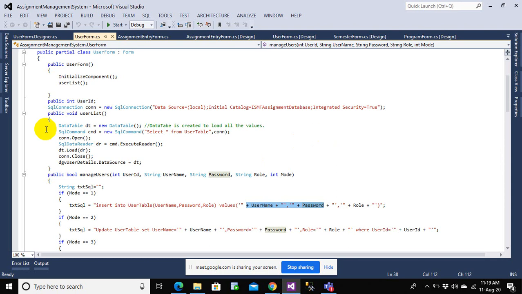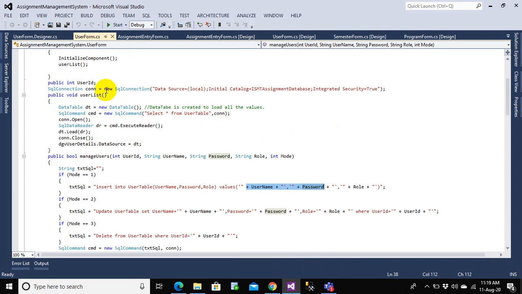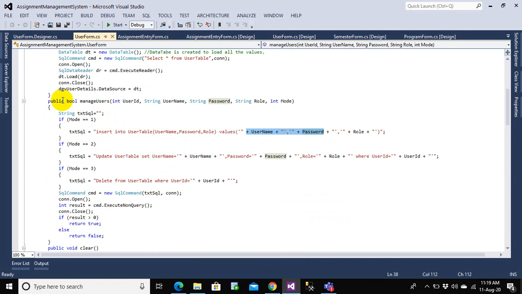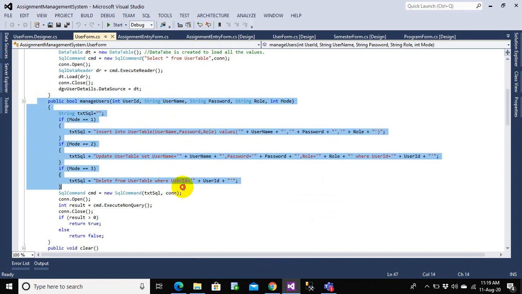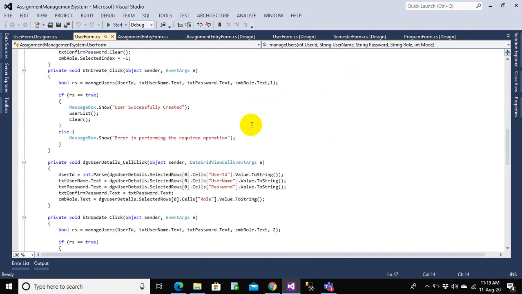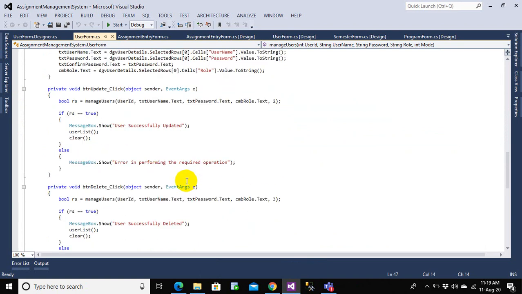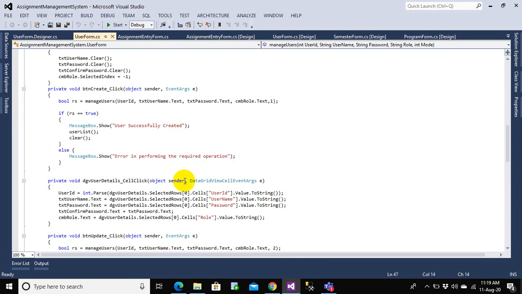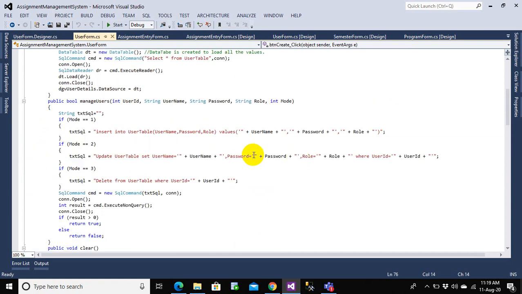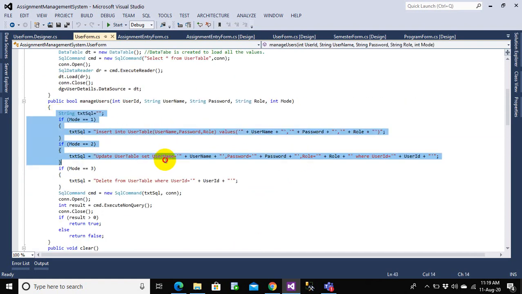So yesterday we did something like this. Let's say we just created a user list. We had created a single function for making the insert operation and delete operation, and then we called this function everywhere. So in fact this will not change, this will remain the same. In the create button this will remain the same.